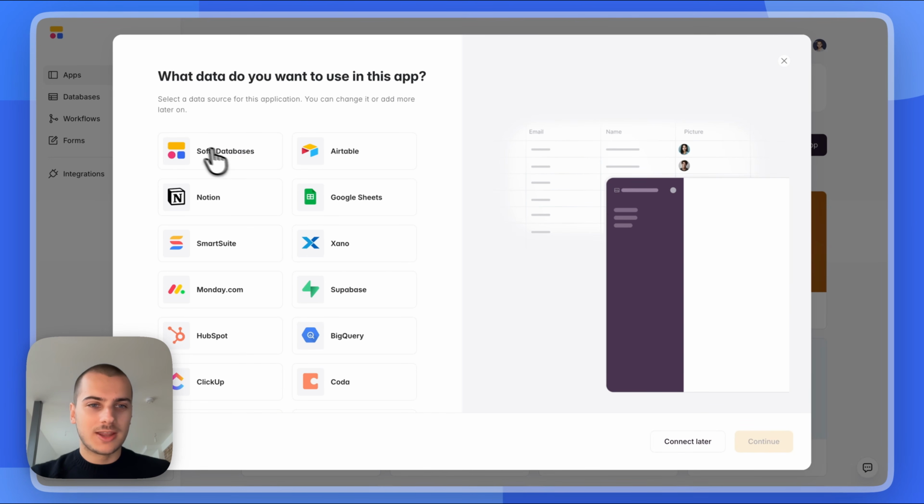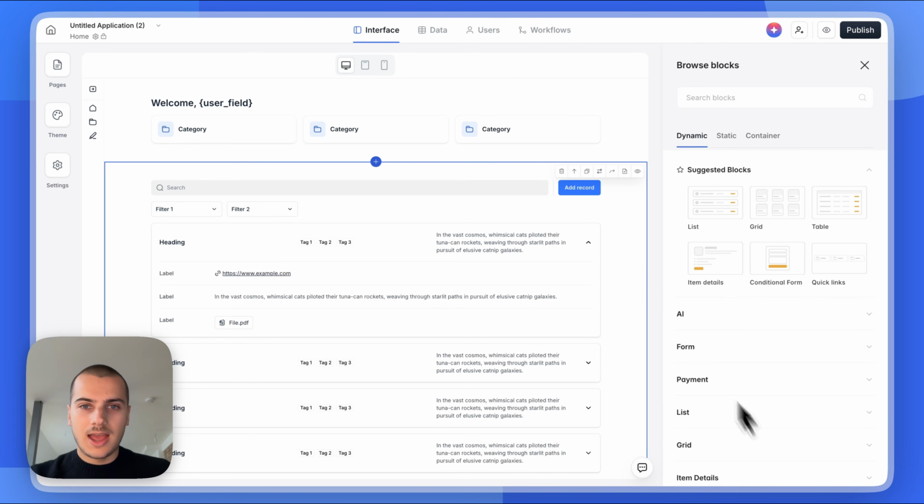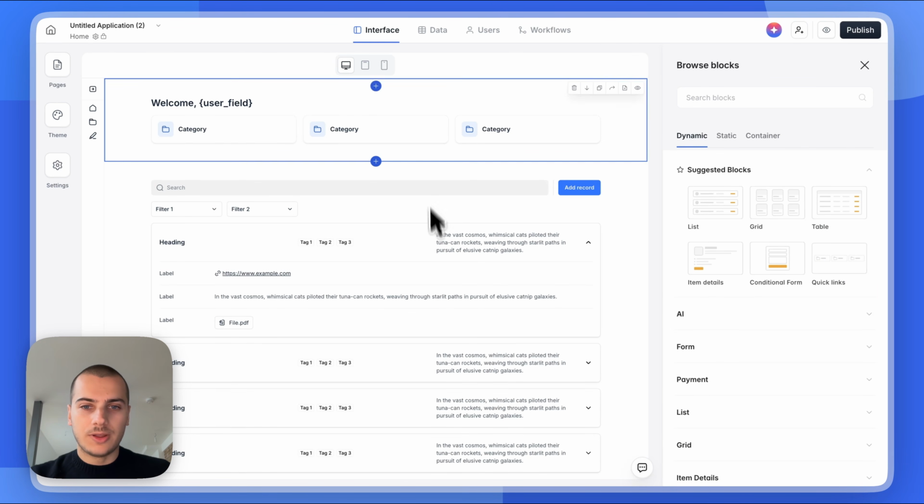Okay, someone asked me today how to build a room booking management system. So I imagine for something like a coworking, and we'll look into how we can actually achieve that with Softr. I'm just creating a new app here, selecting Softr databases as the data source,